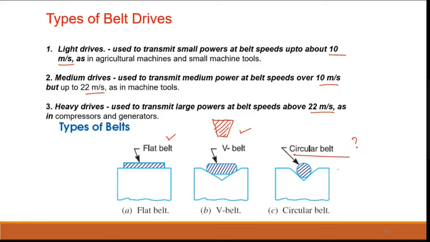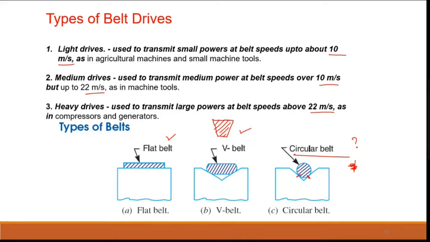Can you tell me what is the reason? Slip is higher. Yeah, slip will be higher. Right, there is of course more slip. You can say in other words, like there is no contact. The contact is only a point, right? Only 2 points it is having contact. So when the contact is less, your friction is also less. So the power transmission is very, very less.